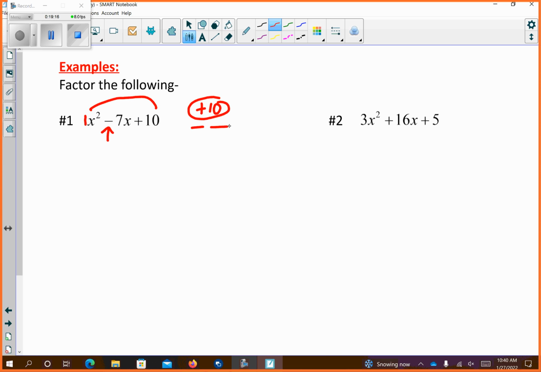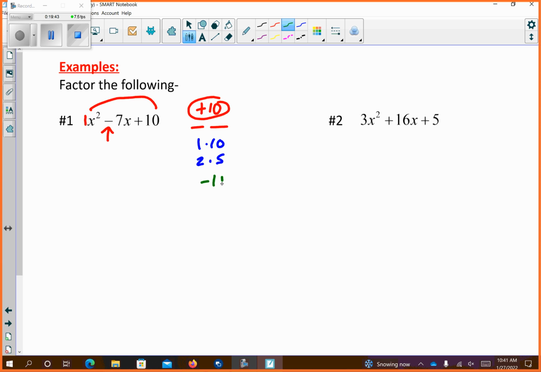Any questions so far? All right. Let's figure out 2 numbers that will multiply together to give me 10. I know that 1 times 10 works. What else works? What other 2 numbers multiply together to give me 10? 5 and 2. Good. All right, now my friends, if I were to incorporate negative signs with each of these,